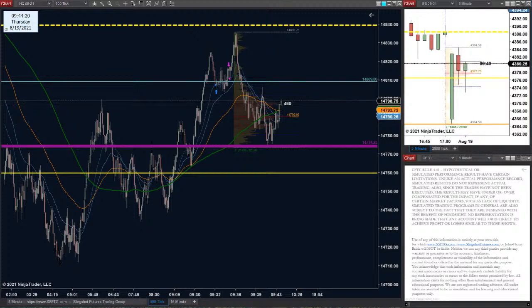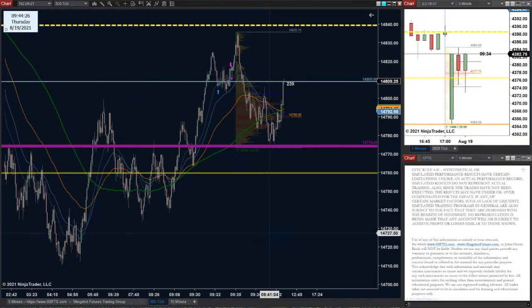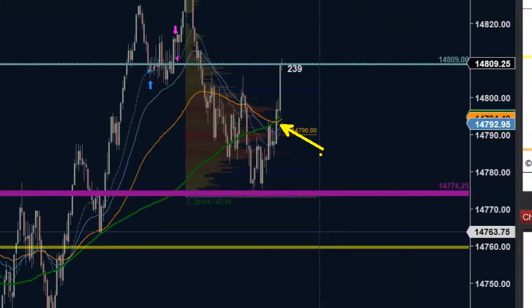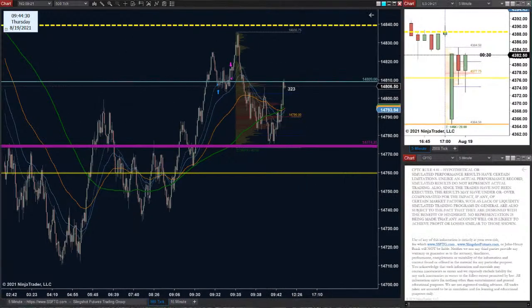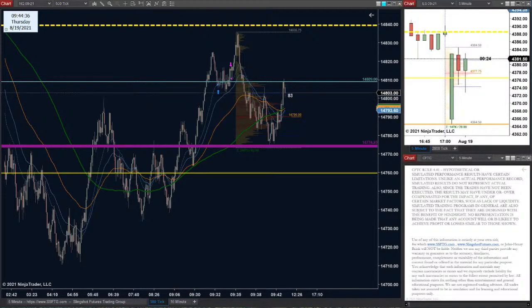Jeez, that was a fast snapback. I didn't have a chance to even respond to that. I literally blinked and I looked back and the wick was gone. I didn't even have a chance to respond to that little pullback right there. That happened crazy fast. Nice little snapback here for the bulls to try to re-up for the continuation rally up.